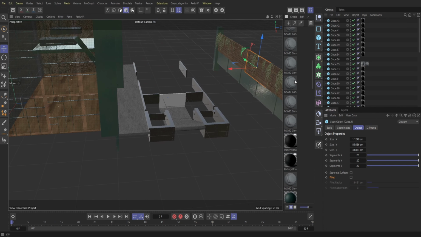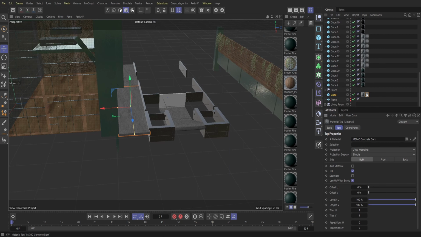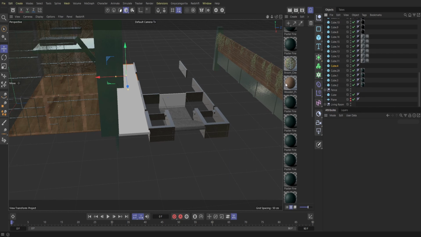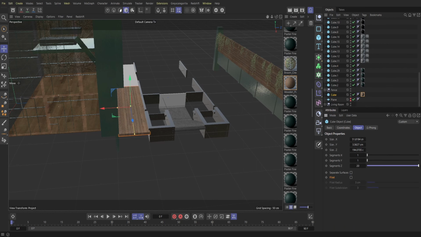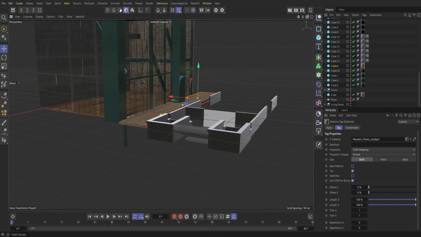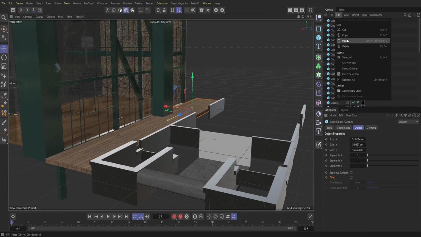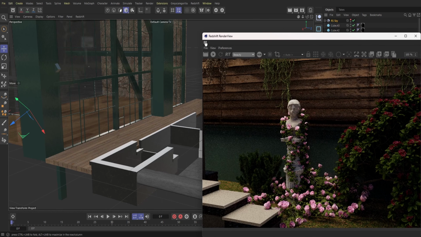Now what I'm going to do is apply a wood texture onto this little walkway area, or the sidewalk area. The reason I do this is to remind myself exactly what certain things are going to be, so sometimes I will color things in early just to remind myself of what each asset is eventually going to be. So I think originally I did want to go with a wood like this,